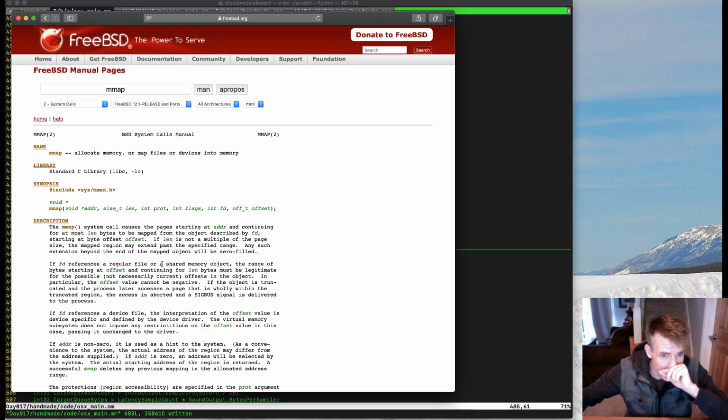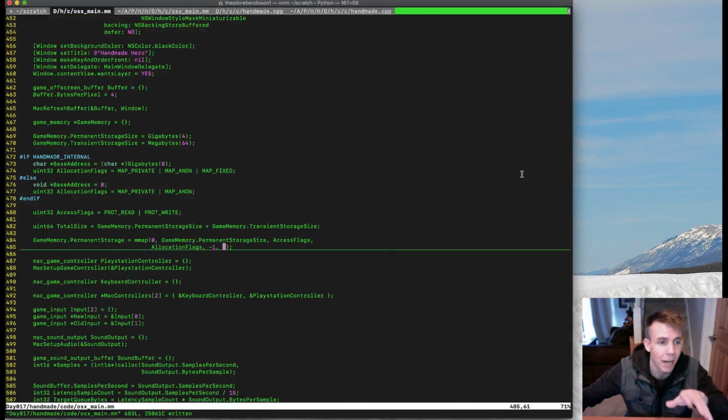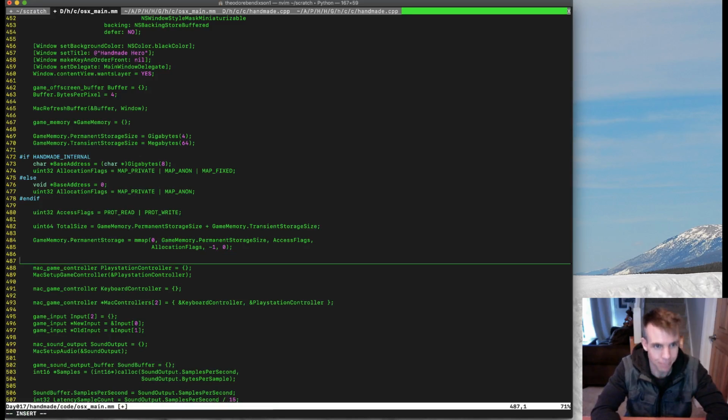Offset: if FD references a regular file, the range of bytes starting at offset. Okay, so offset would be some kind of byte offset into a memory mapped file. We're passing 0 because we're not doing memory mapped file I/O. Okay, so